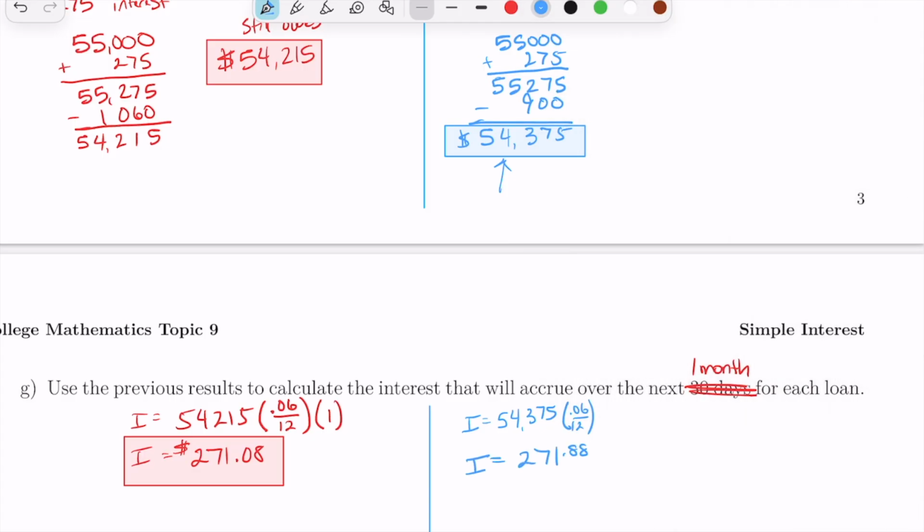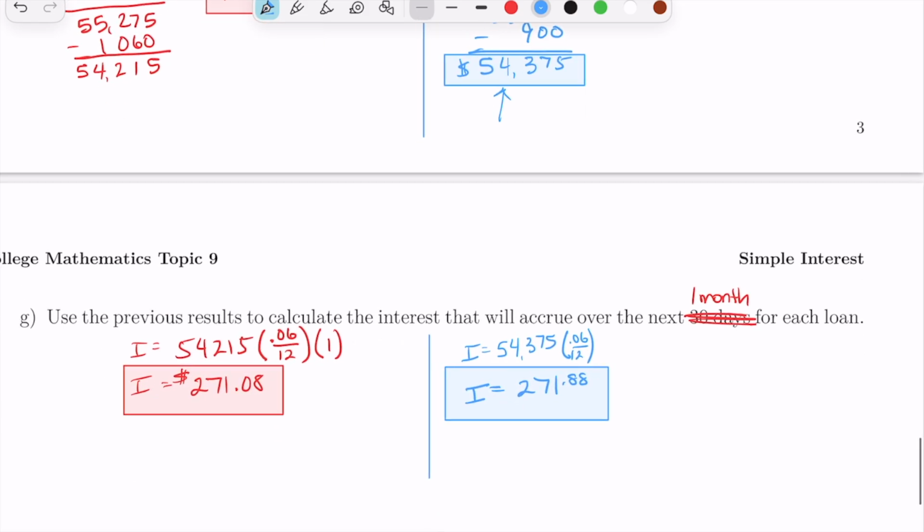Notice that her interest is a little bit more. Because she made a smaller payment in the first month, her principal of $54,375 is bigger than it would be for the 60-month, $54,215. Because she has a larger principal here for option B, the amount of interest that accrues is larger. Not by a lot, but in the long run, this is going to come out to be pretty